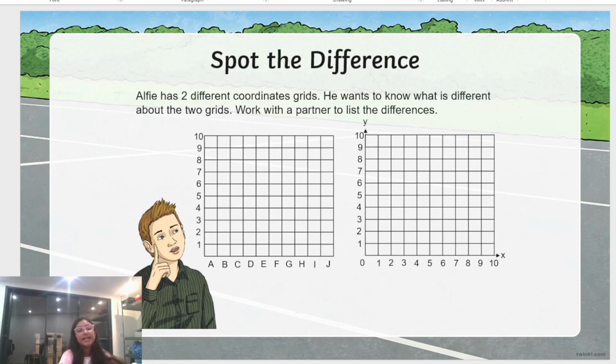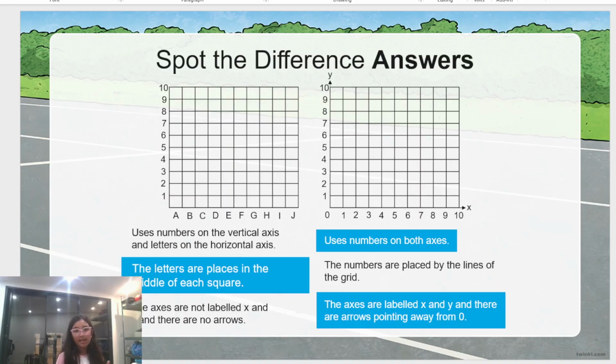Spot the difference. Alfie has 2 different coordinate grids. He wants to know what the difference is about the 2 grids. So work with a partner or yourself and list the differences. So we're going to do it together now. The answers are